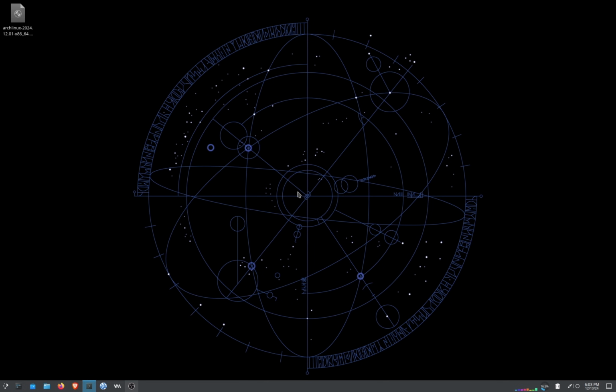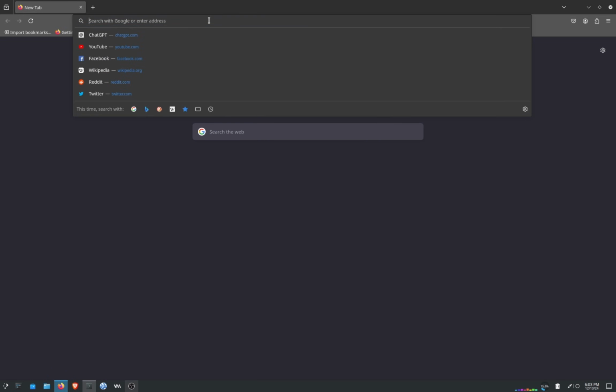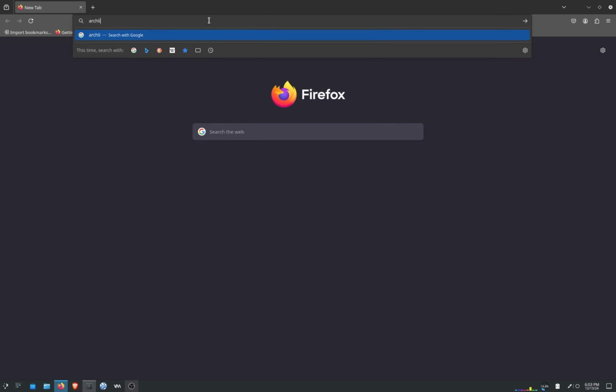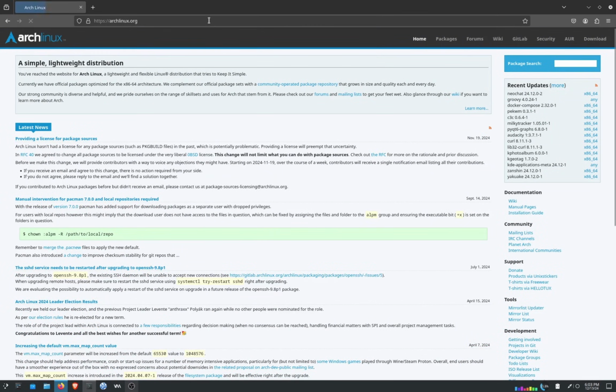So let's install Hyprland with dotfiles. So the first thing, we're going to download the Arch Linux ISO. So I'm going to open Firefox and write archlinux.org. And from here select download